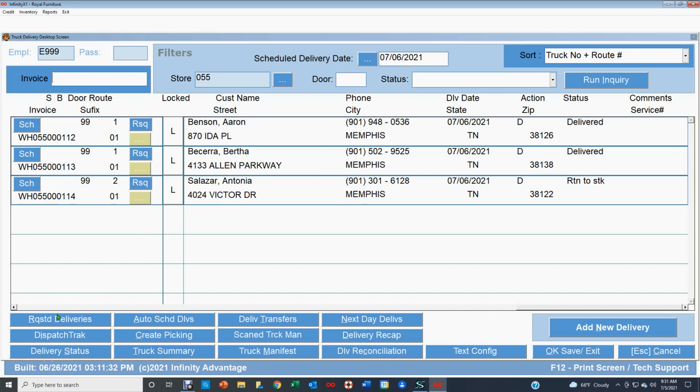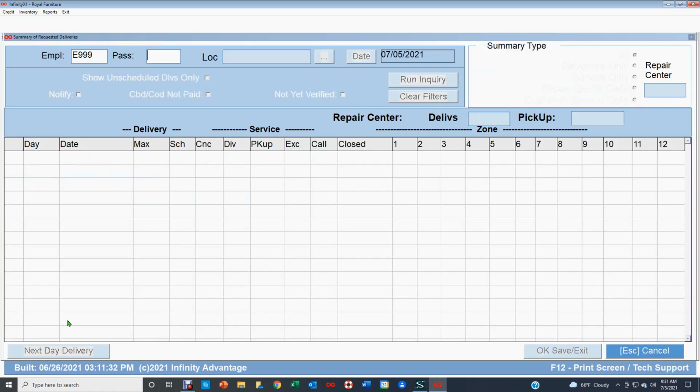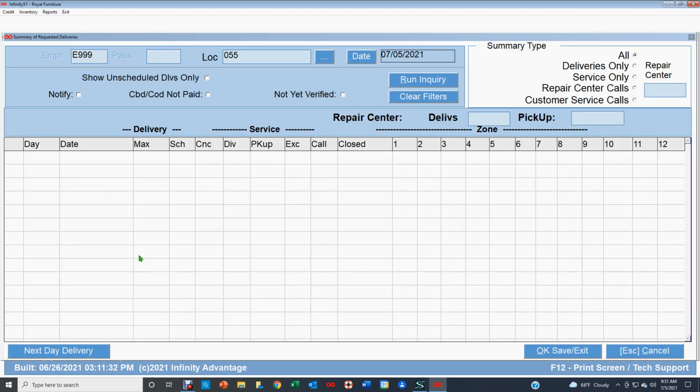So before we go there, I'm going to take you down these buttons down here at the bottom, I guess left to the center of the screen, are the different types of things that you can do and some of the steps you're going to be taking to get this process done. So I'm going to start off just kind of showing you this first one here, requested deliveries. And if I put in my code and click run inquiry,